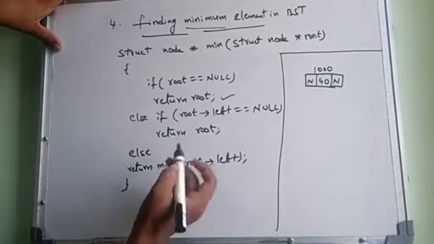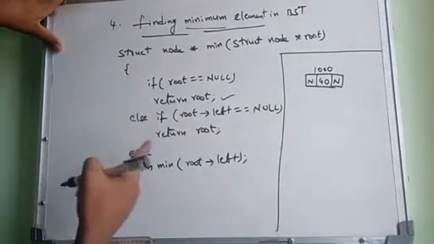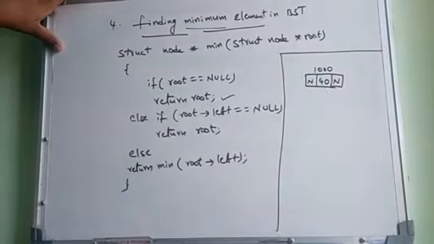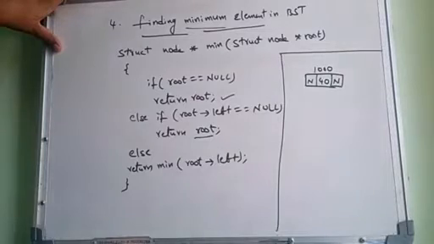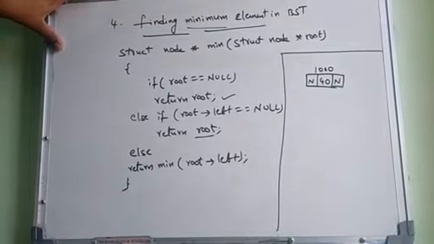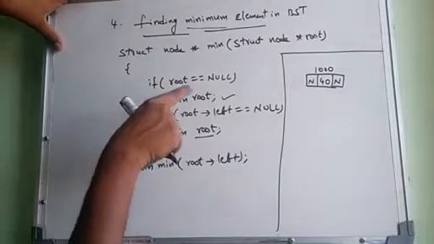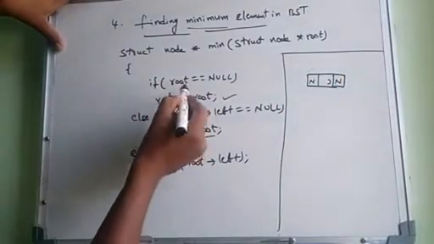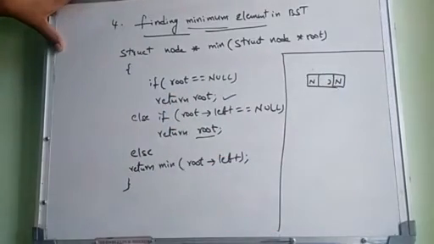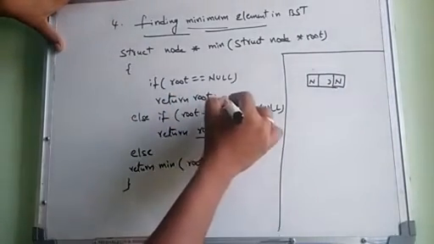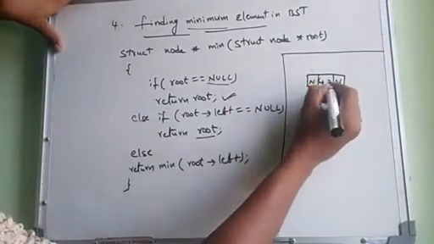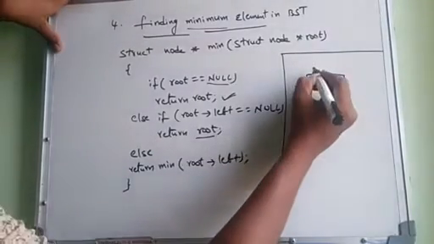So what we have to search is, root is ready, then root left is null. Suppose root left is null, what is the meaning of that? There is no left subtree, root is the final element. I think you all understood here. Listen carefully. If there is no element in the binary search tree, it can simply return. So root is null, root itself null, that means there are no nodes, it can return null.